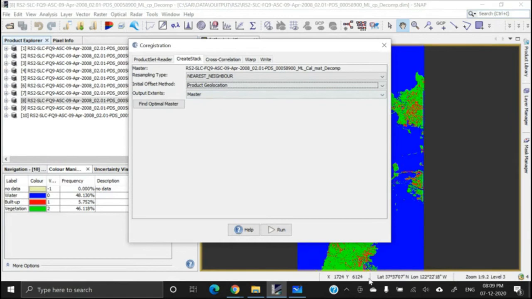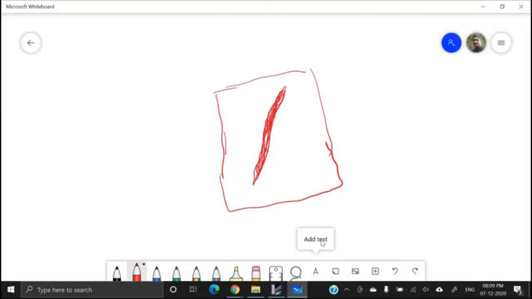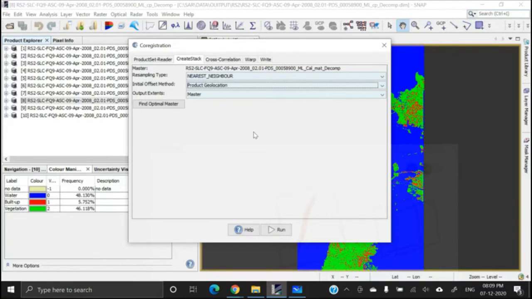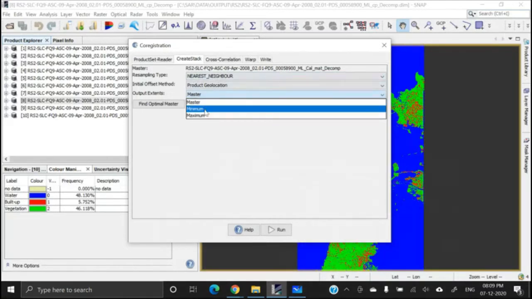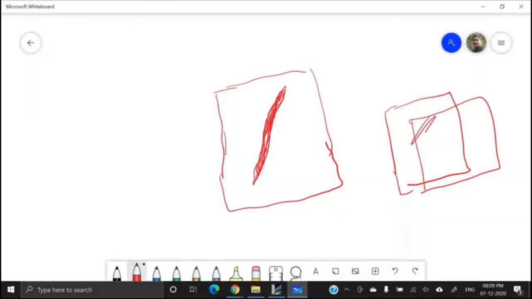This can only then output extent. I mean, if these two images or if multiple images have different geographic extent, for example, one has this much area coverage and another has this much area coverage, then what will be in the output? Okay, so in the output, select the minimum. Minimum means this portion will be the image extent.